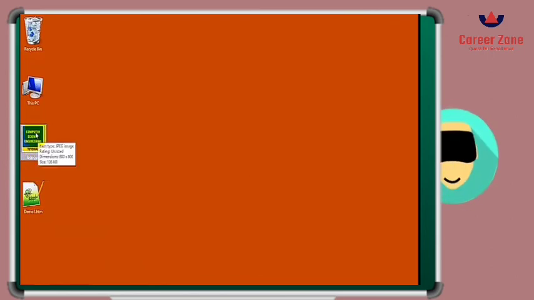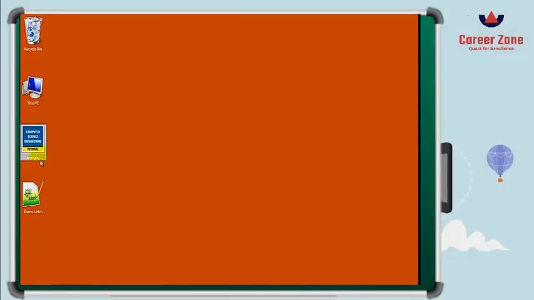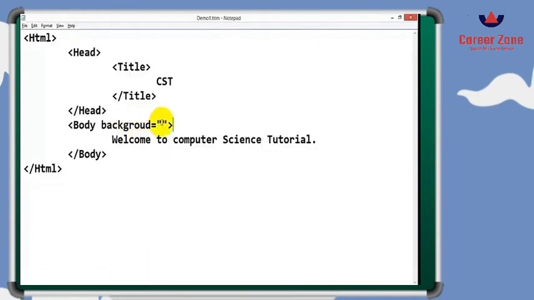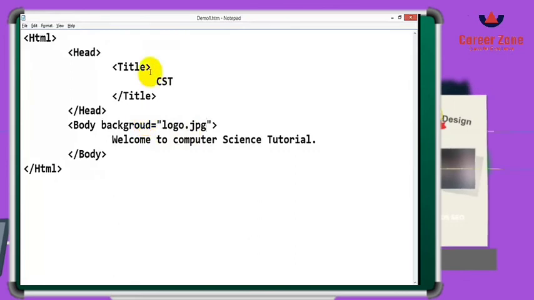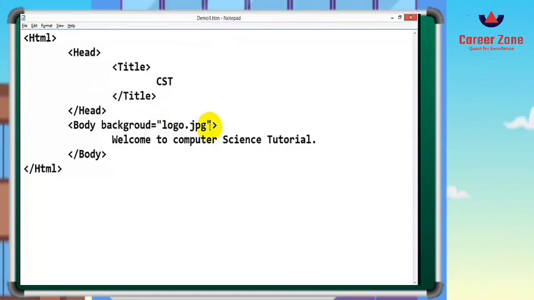Now if you write just the name of that image, it is not going to work actually. You have to write the name along with the extension, maybe it is JPG or JPEG, and the complete address as well. But before I write the complete location, I am going to execute this with the name of the file only.